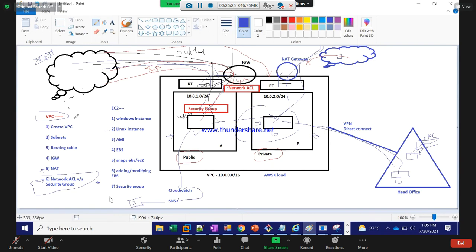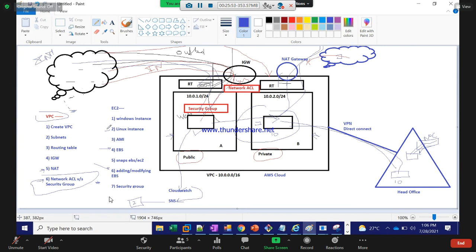I think Salman bhai also has not yet started the VPC. As I told, if you get stuck somewhere, just let me know in the next class so we can fix it when we start. Otherwise, move on to the next lab.